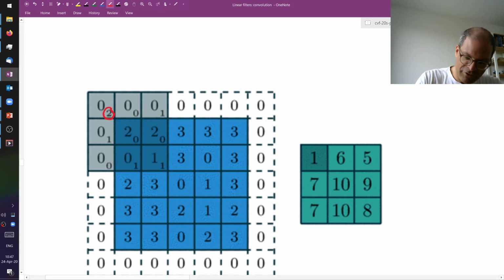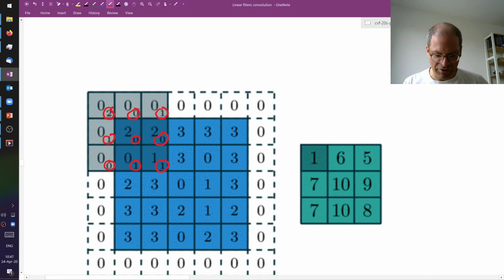So here you see the filter coefficients. There are 2, 0, 1, 1, 0, 0, 0, 1, 1. Those are not particularly meaningful coefficients. I have no idea what this filter is supposed to do, but it serves the purpose here of